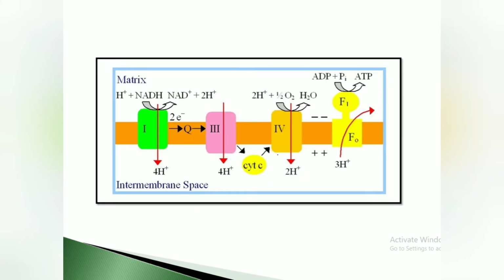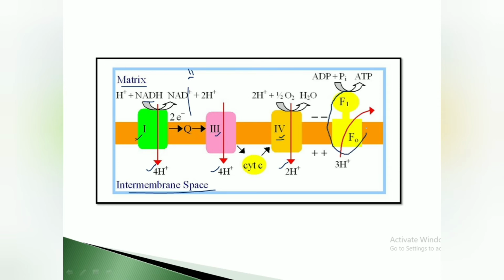So this is how the complete process works. We have just discussed that from complex 1 there occurs the oxidation of NADH, and also here we have the second complex via which the FADH2 is oxidized. Then we have complex 3 and complex 4. Via complex 1 occurs the pumping of 4 protons, and from complex 3 also we have 4 protons pumped. So when the protons get pumped from the matrix to the intermembrane space,